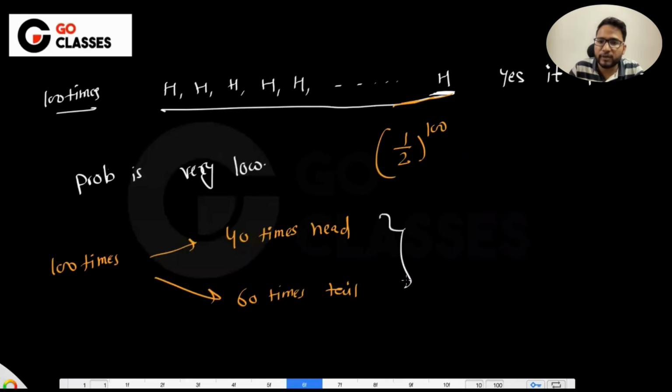And what is the probability of that? That I will tell you later when we will be studying binomial distribution, especially the binomial distribution for this case. It is basically nCr p power r or something like that. So I will tell you later how to calculate these probabilities. But for now, understand that if you are tossing 100 times, then 40 times head may occur and 60 times tail may occur. And mathematics doesn't deny anything.